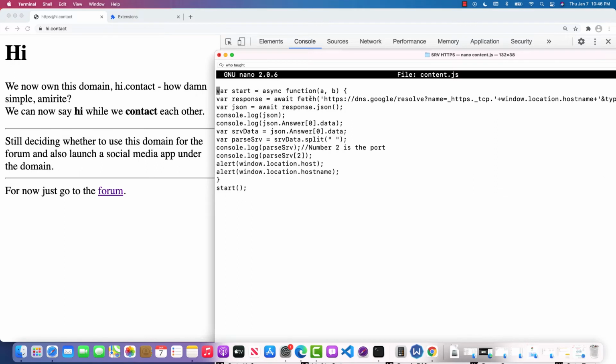So then we got to this, which, ignore this crap, this is just a skeleton asynchronous function in JavaScript, so that way we can call this via fetch, which is going to give us a JSON response. Then I logged the JSON response, which we already saw, and then I pulled the zero out, the answer zero, and got the data. And then you can see that I took that data and I am splitting it by a space character,